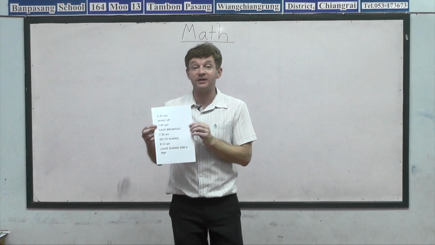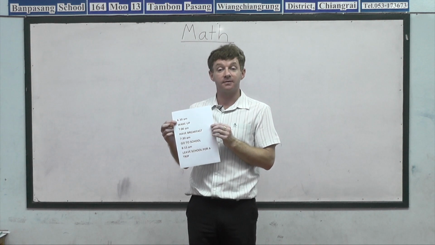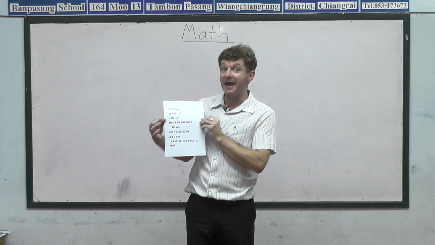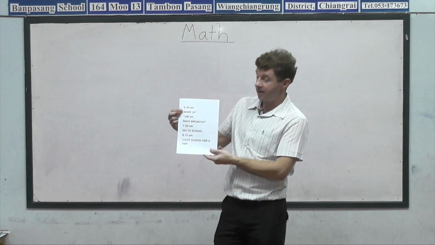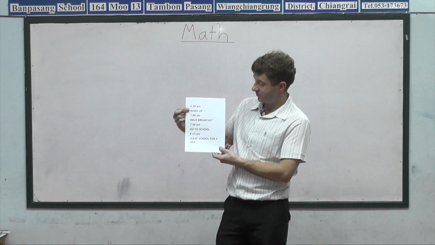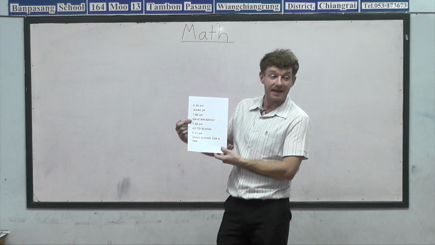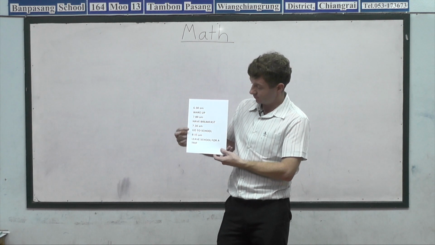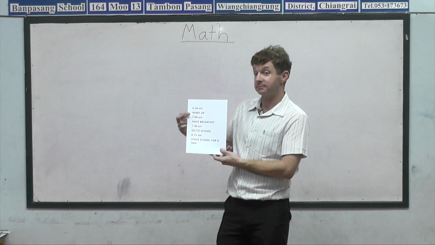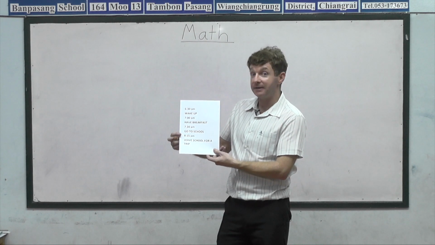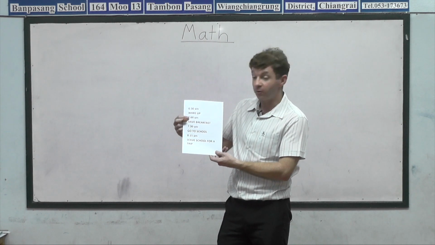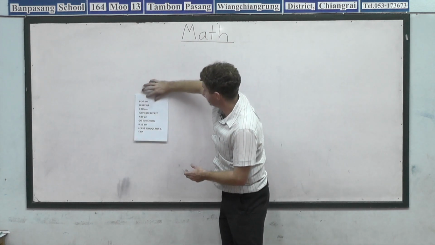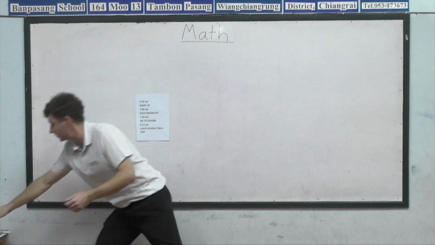First sheet, 6:30 a.m. Wake up. 7 o'clock a.m. Have breakfast. 7:30 a.m. Go to school. 8:15 a.m. Leave school for a trip. Okay, so we'll place the first sheet there so you can see. And then next,